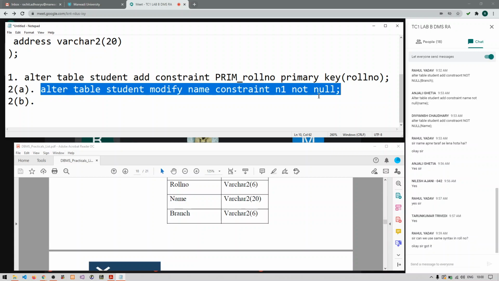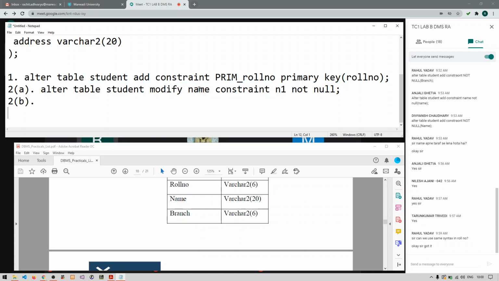So we cannot use the same syntax. Any more doubts? Yes? No need, because you already defined the column name here. See, after modify, we have defined the column name.